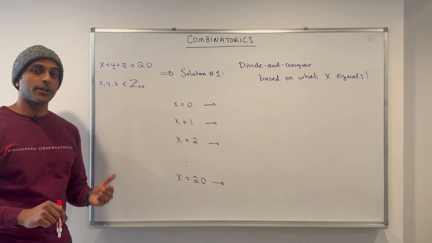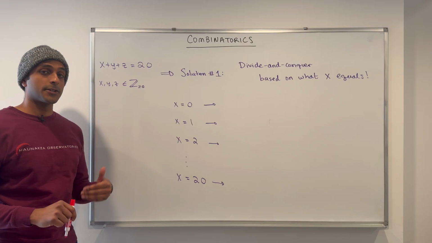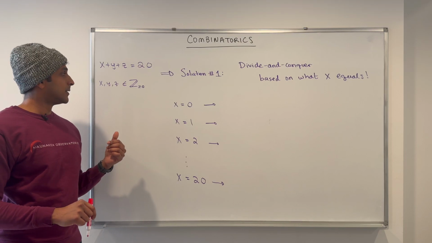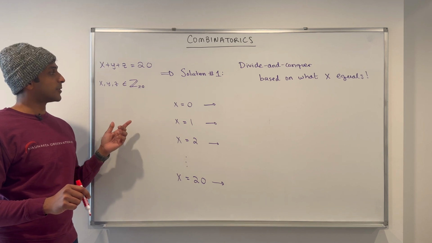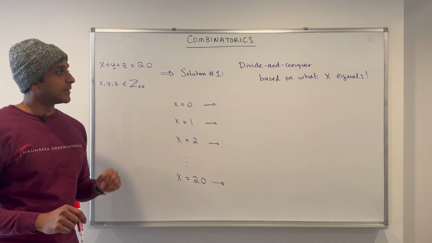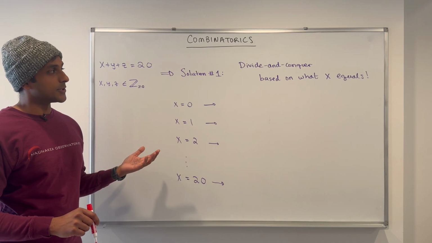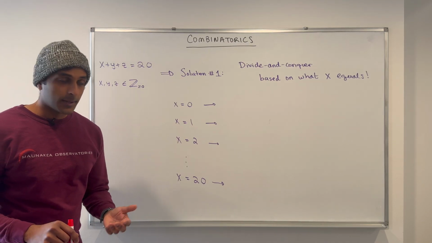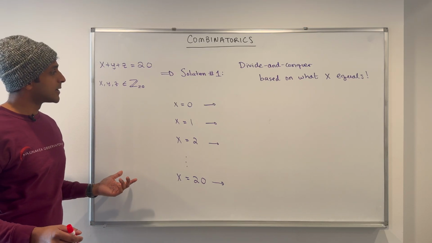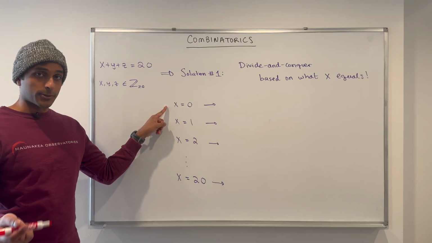Now this problem's a little trickier than the last one because there's an additional variable z, and the variables sum to a bigger number, 20. In both cases though, all of the variables are non-negative integers, meaning they're all greater than or equal to 0. Now, one solution that we can do is to divide and conquer the problem based on what one of the variables is equal to. So we can just arbitrarily choose x, and the smallest that x can be is 0,